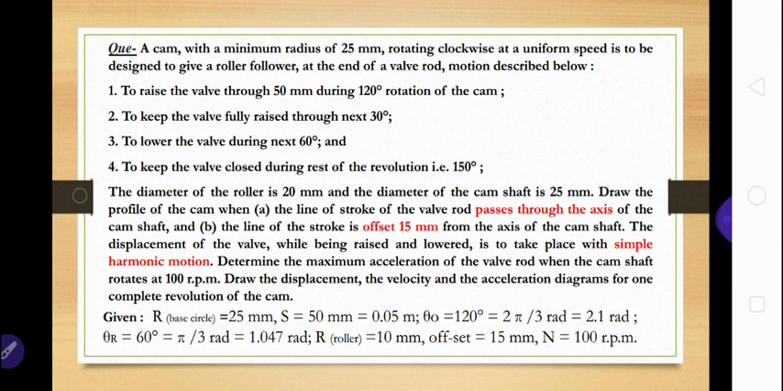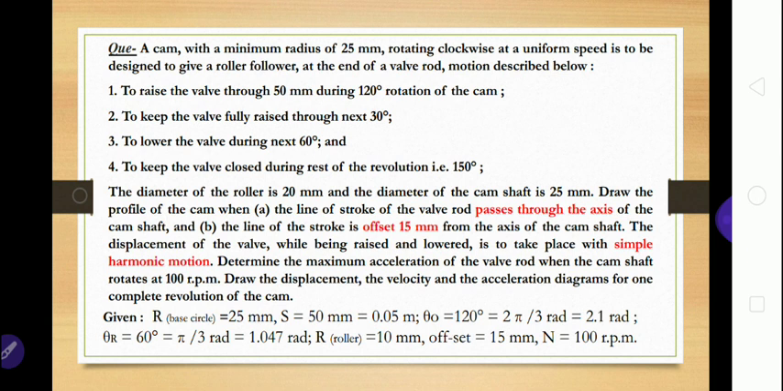Question given is a cam with the minimum radius of 25 mm. That means the radius of base circle is given, that we will represent in the given data as capital R is equal to 25 mm, rotating clockwise at a uniform speed. Now here the rotation of the cam is given in clockwise direction. If these rotations are not given in the problem, we are assuming this rotation of cam as a clockwise direction